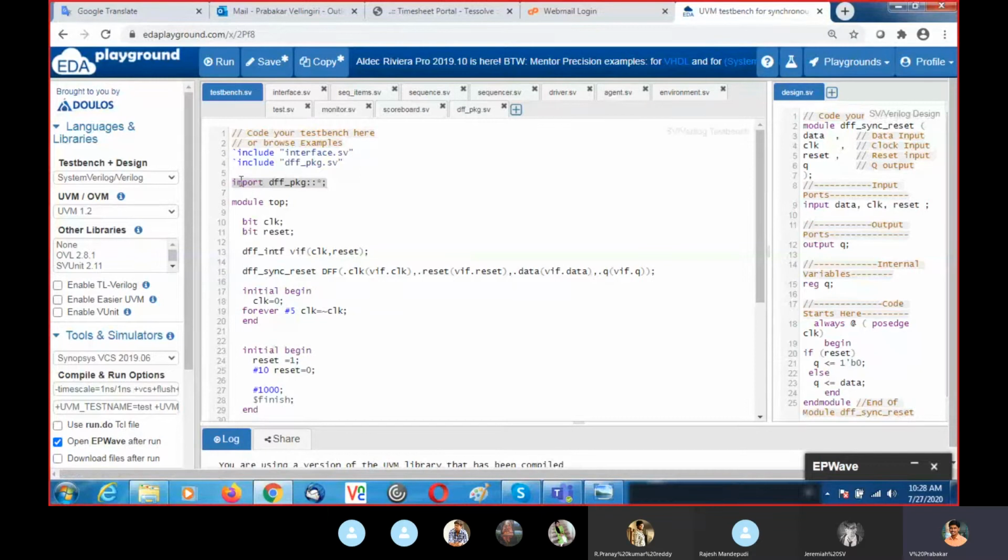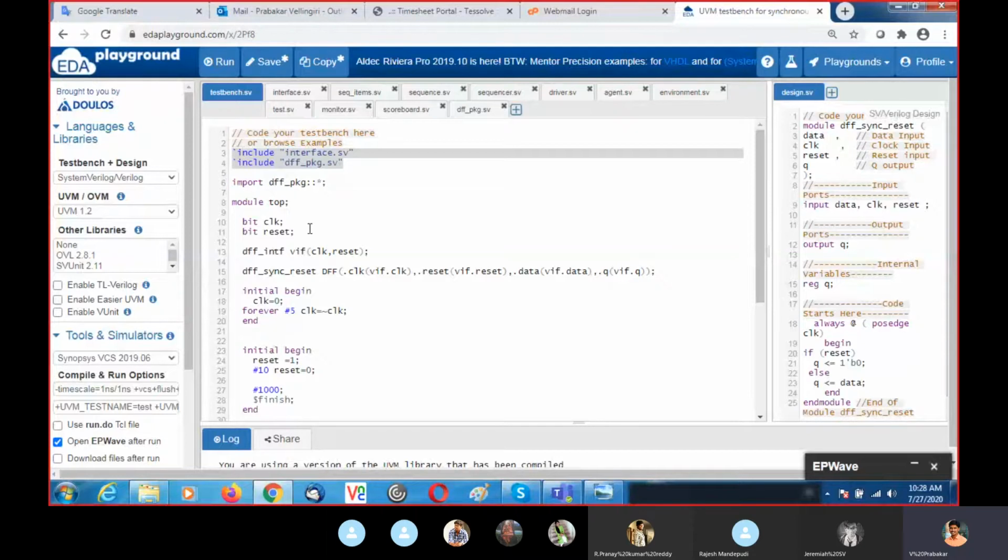Before we start the top module, it should compile everything, so that the compiler recognizes what this interface is, what the design is. That's why we put all the files in hierarchy order.